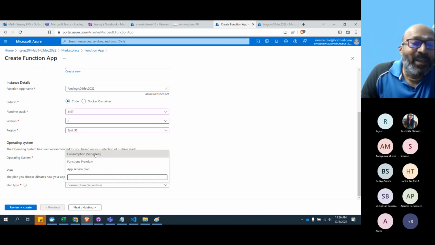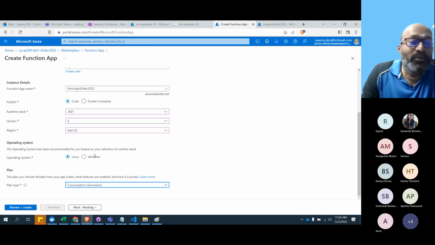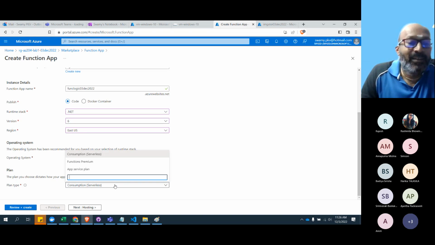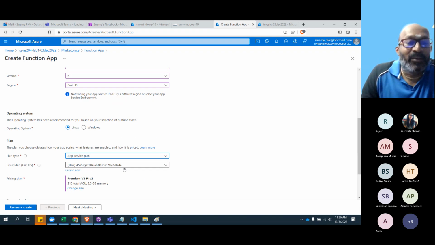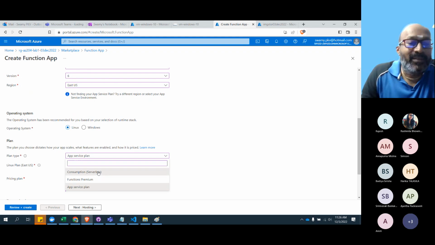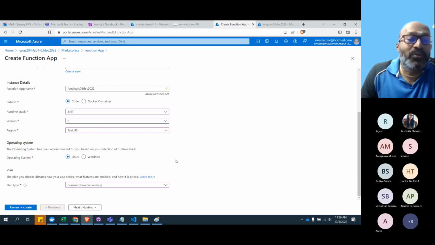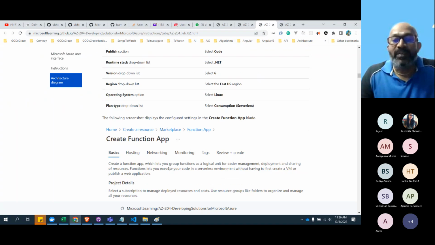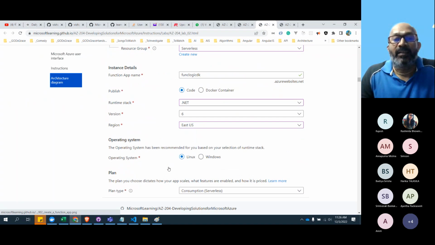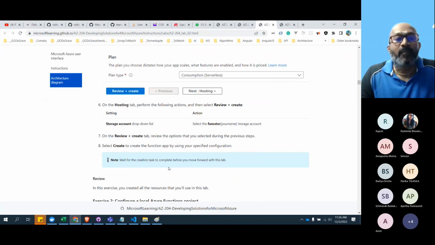And the consumption plan, this guy is putting in brackets. That means that is the only true serverless. If you take the App Service plan, that means again you'll come and you'll choose this, and you're going to pay. Now, if it is consumption, that is the true serverless. OK, so we have selected that and we did it.